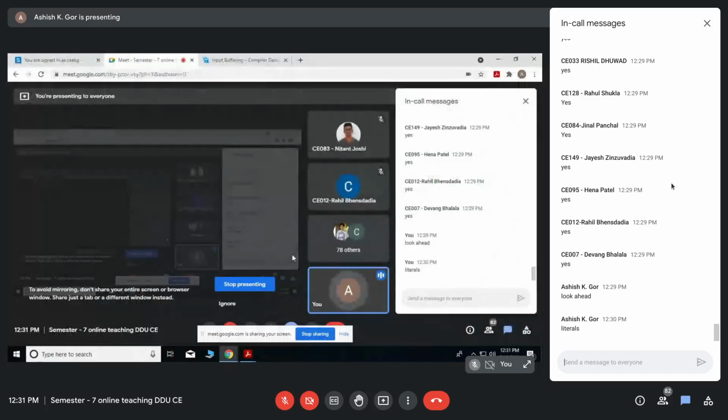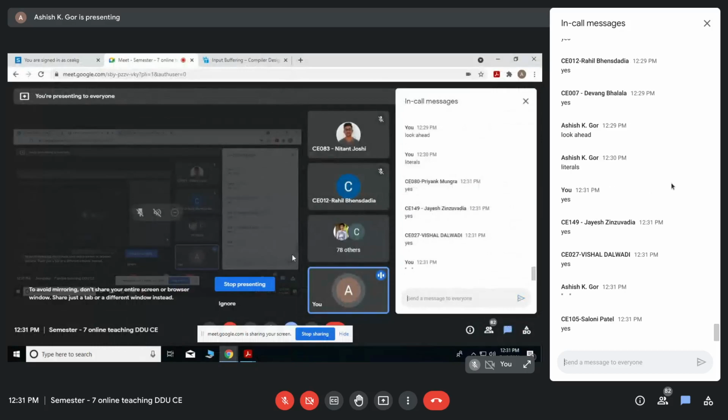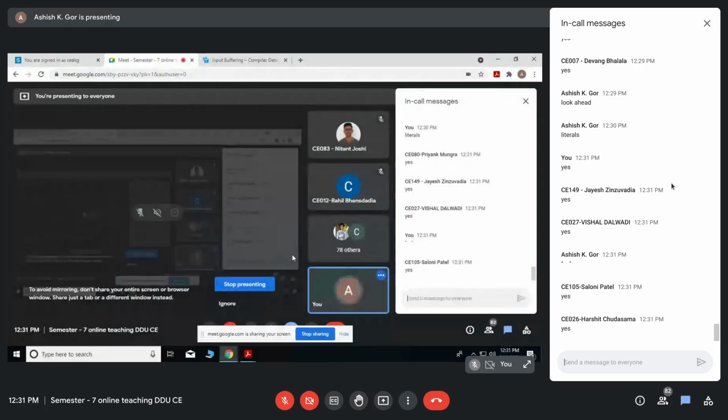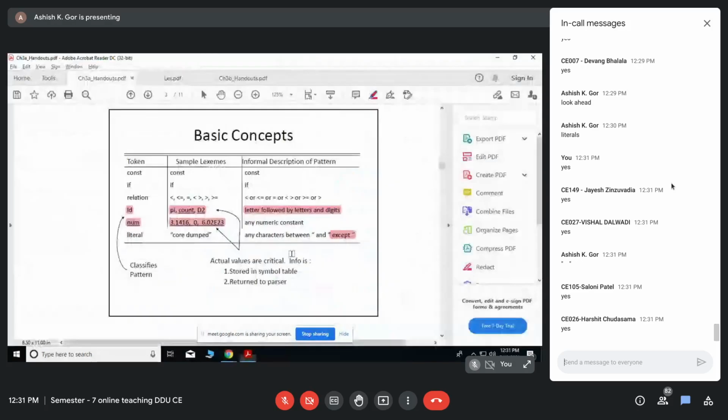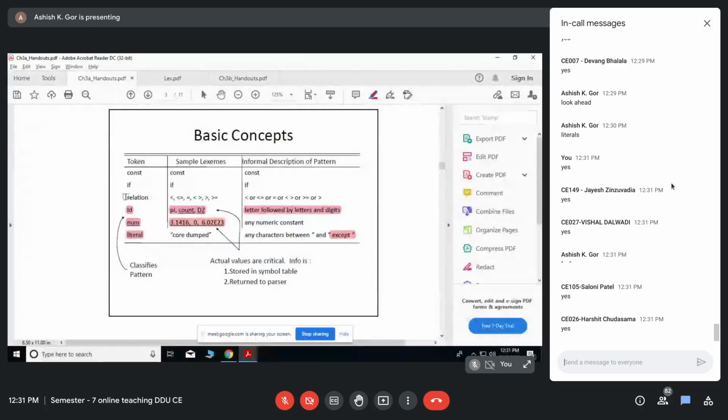Are you getting what is written? Anything between this and this, that would be the literal. So remember, identifiers, numbers, literals, but for operators and keywords the lexemes and patterns are the same, and the description is a trivial description.